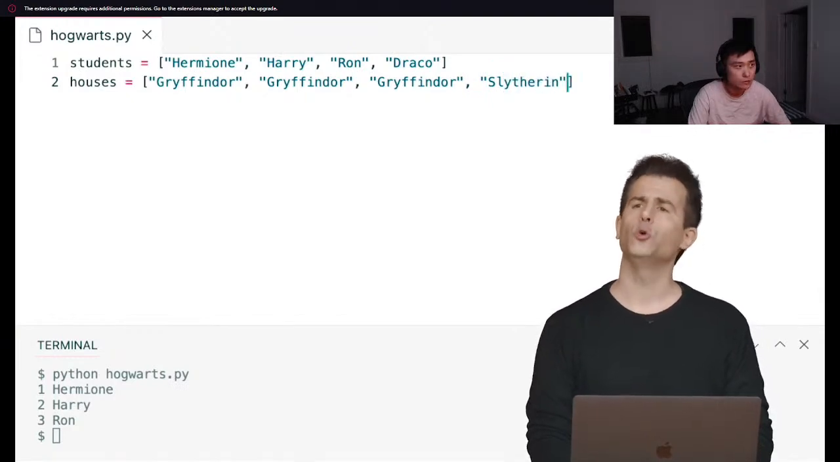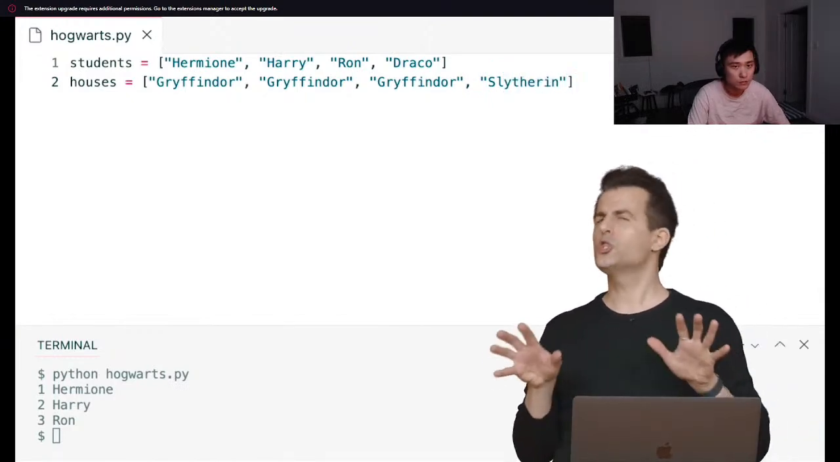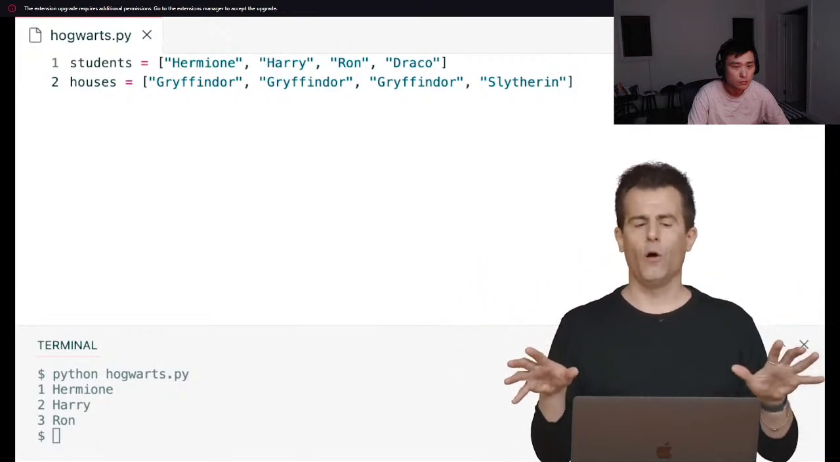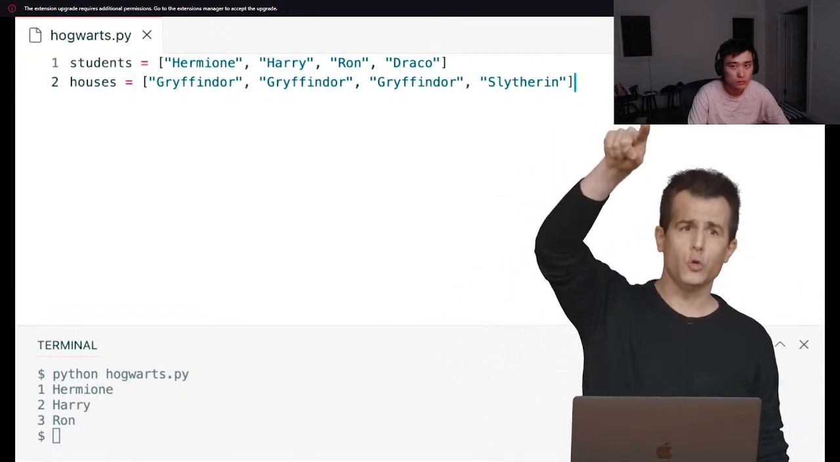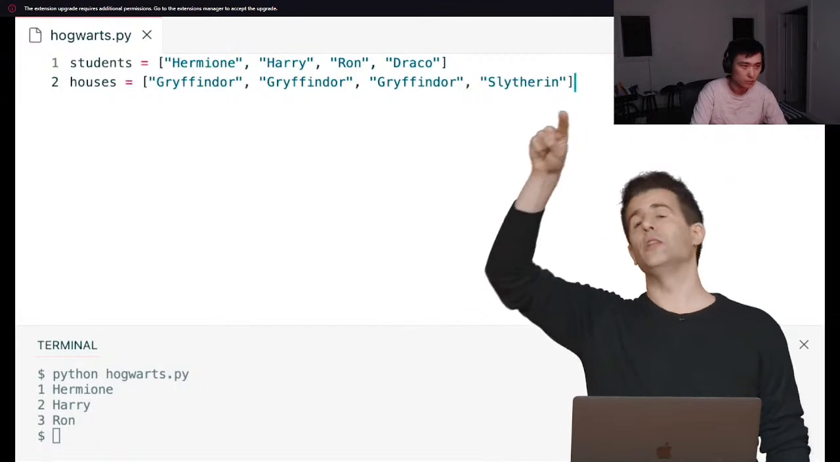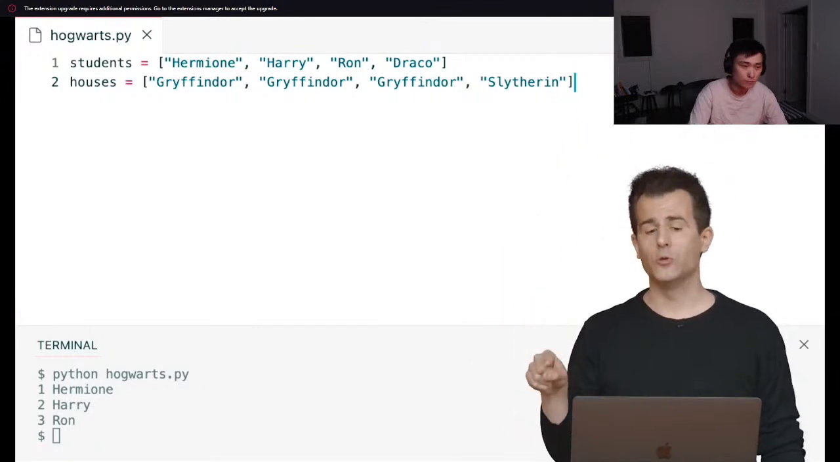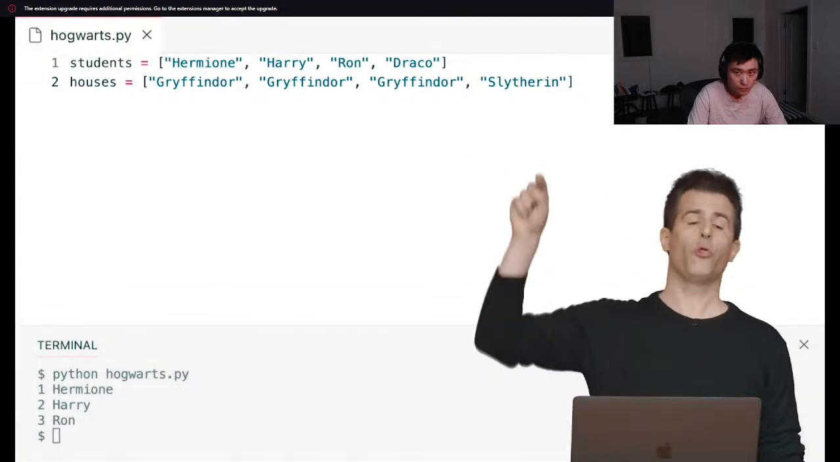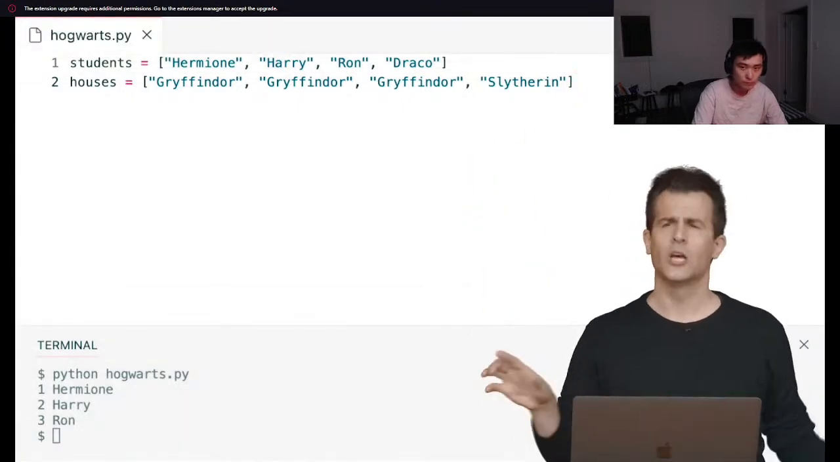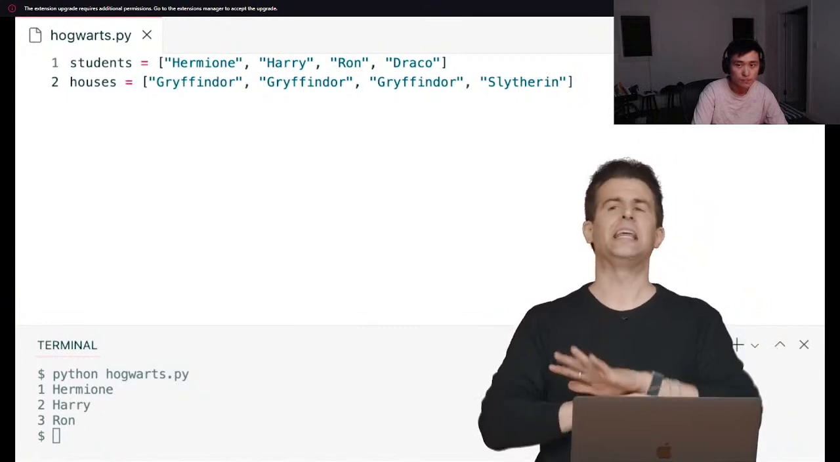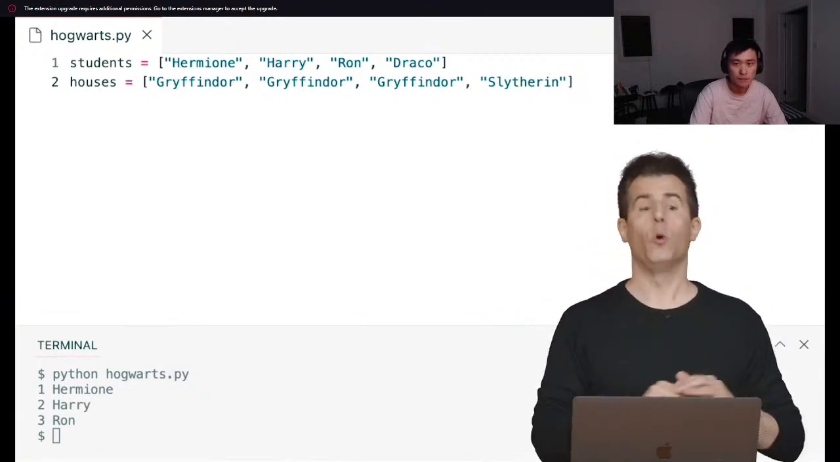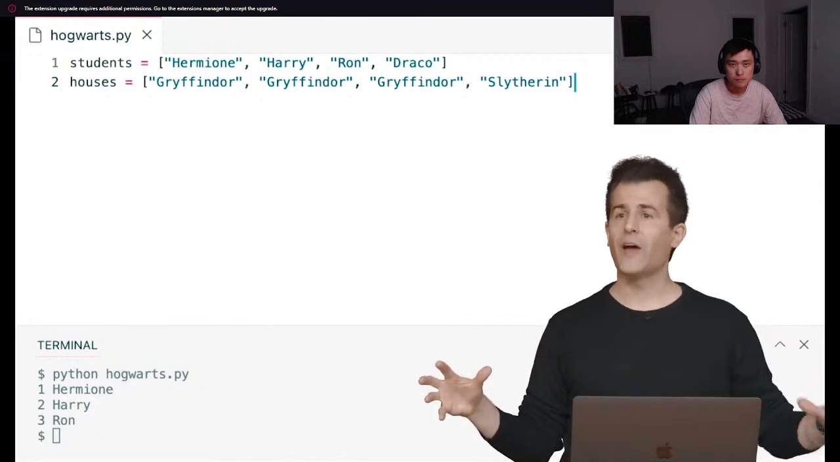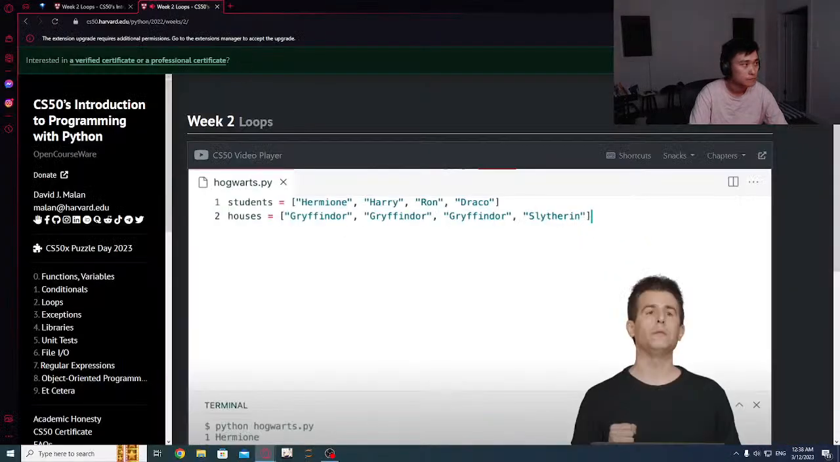So now we have 2 lists. And we could just agree amongst ourselves that whoever is first in the students variable lives in the first value in houses. Whoever is second in students lives in the second house. Whoever is third in students lives in the third house. We could do that. But honestly, that is going to break down quickly when we have a lot of students, when we have a lot of houses. And what if we want